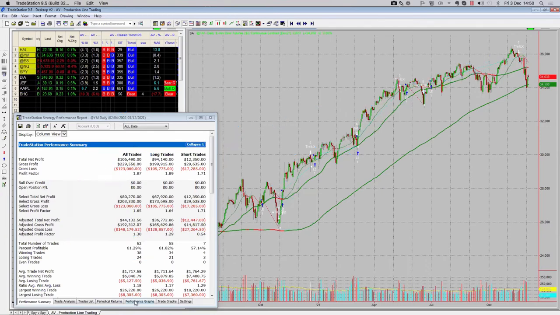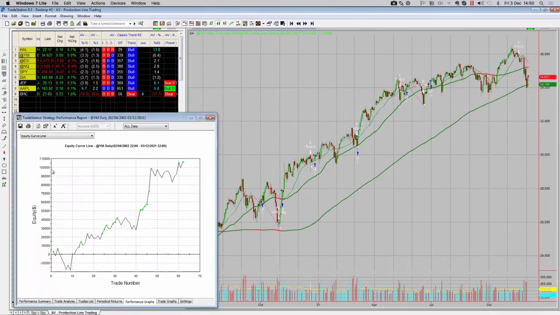How steady is the equity curve? What I don't want to do is sit inside a roller coaster ride of performance. Well, there we go. We've got a nice steady performance. Okay, it's not as smooth as Jeffries, but nonetheless, it's a nice steady equity curve, which is good. That's what we're looking for.